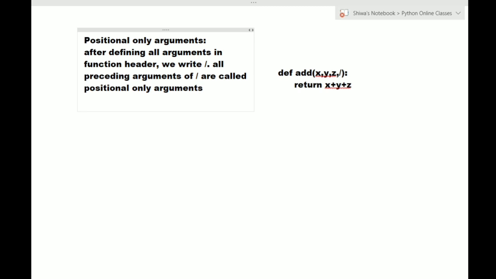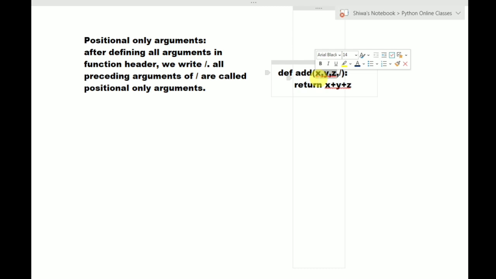So here after defining all these arguments we are writing slash. So all preceding arguments, preceding means before slash some arguments are there, these are called preceding arguments. So all these preceding arguments x, y, z are called positional only arguments here.